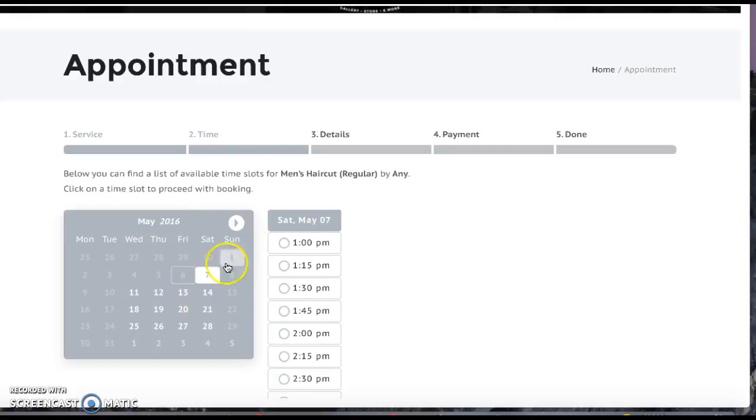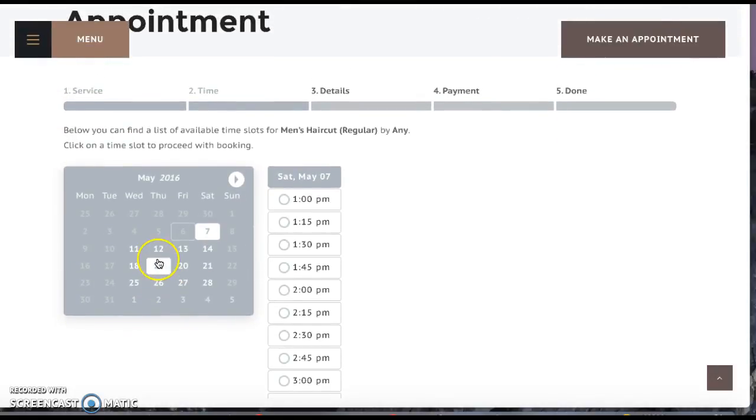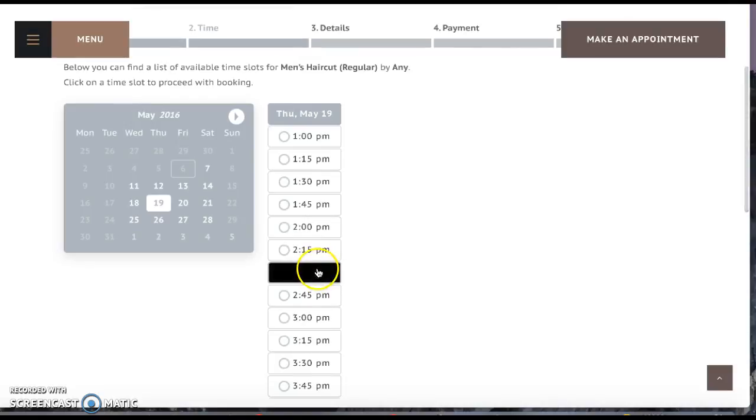it'll bring up the different sections of days that appointments that I could book. So if I need to book something, maybe the 19th, it will show the 19th. These are the available appointments. If something is already pre-booked, you will see the time crossed out if it's already been booked previously by different patrons. So if I click that time there,